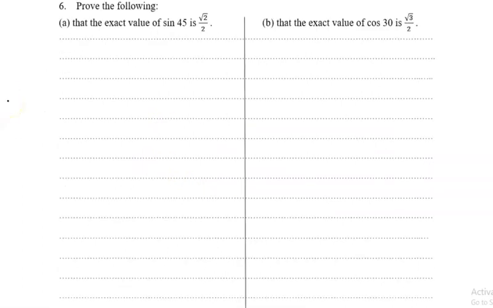Question 6 is asking us to show that the exact value of sine 45 is root 2 over 2. Now how can we get sine 45? Now 45 degrees can be found, well,